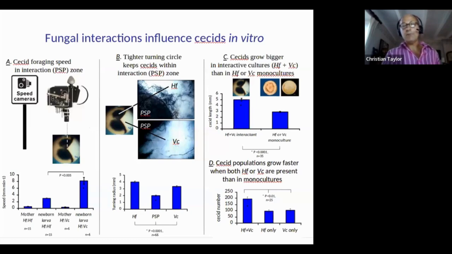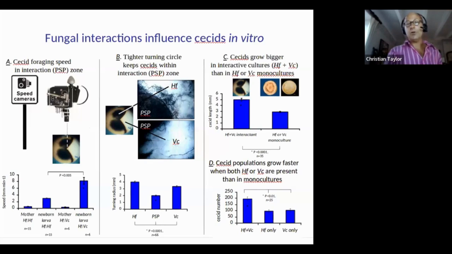The top right shows the body size. This is the length the insect reaches before paedogenic birth, before basically splitting open from head to tail and all the daughters wriggling out. What's interesting is that in the interactive cultures between Hypoxylon fuscum and Volumina comedens, they reach a larger average size before giving birth. So they're perhaps giving birth at an earlier stage, or choosing to do so, or the conditions are such that they're not growing to that full extent,